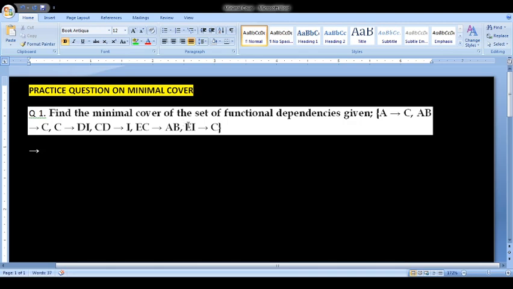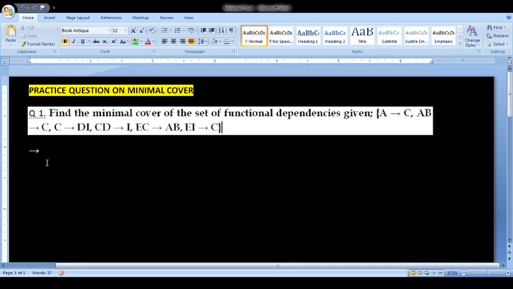Such repetitions can be avoided, because removing some functional dependencies will not affect the calculation of our attribute closure set and so on, and it will not affect the process of finding a candidate key or anything. So such functional dependencies are actually just repetition in the set. So those can be eliminated.